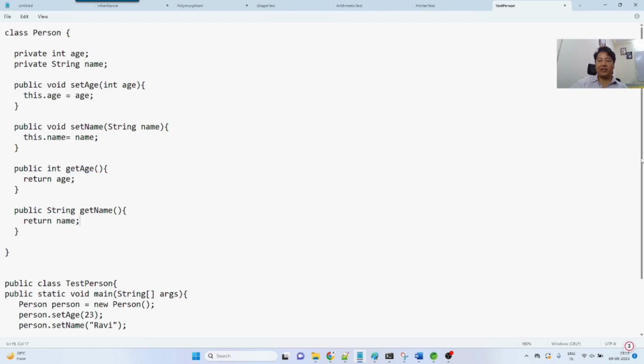So this is what encapsulation is. So encapsulation means combining your attributes as private and making public methods to access it. So this is all encapsulated in a Person, or more